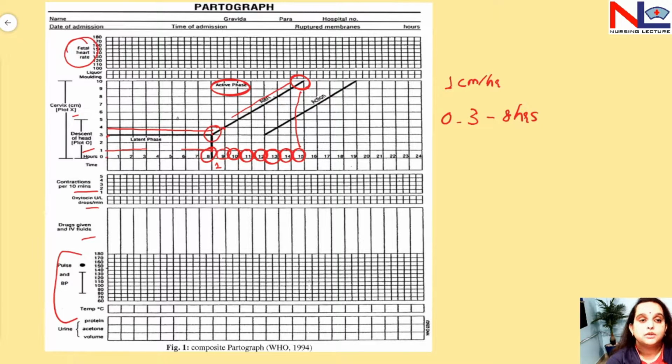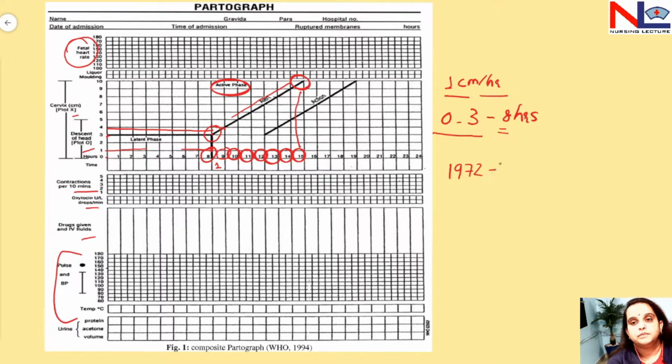Okay. So, according to Friedman, what is given in the cervical dilatation is that there are two phases. One is the latent phase, that is from 0 to 3 centimeter dilatation, and it takes 8 hours to complete, and from 3 centimeter to 10 centimeter in the active phase, the rate of dilatation is about 1 centimeter per hour. Okay. So, this is how we calculate. So, this was given by Emanuel Friedman, and along with that in